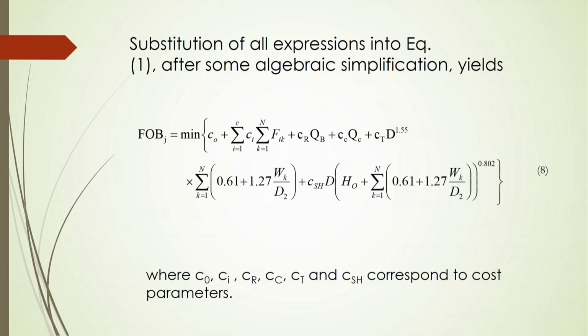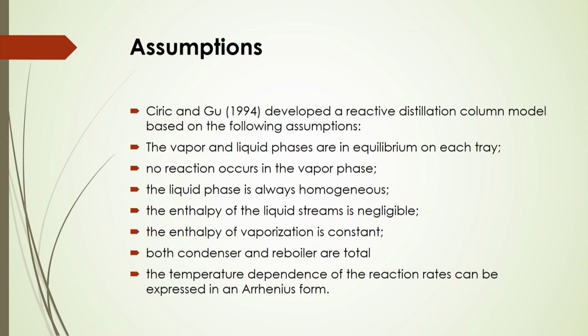Now, substituting all expressions into equation number 1, the objective function, after some algebraic simplification gives you equation number 8. This equation gives the total objective function based on the different cost functions and cost parameters. After that, you have to solve this optimization problem by algorithms. For that, you have to